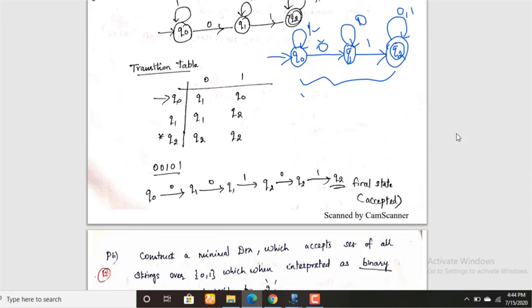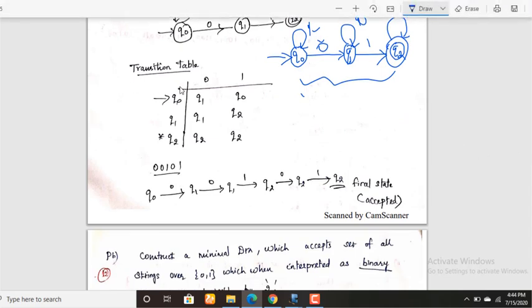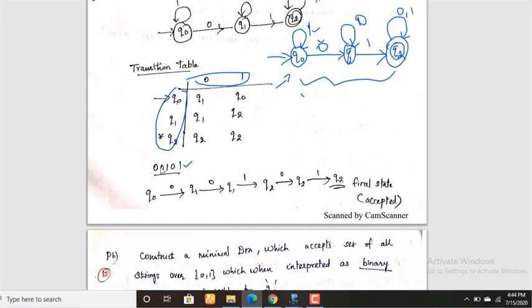In the next step you have to draw the transition table. Okay, so in the transition table, this is the number of states and number of inputs, mapping from your constructed DFA. Okay, so the last step, take a simple example, a long string, then just work on the string to see whether this string is accepted or not. Okay, so this is the way to present it in your exams.